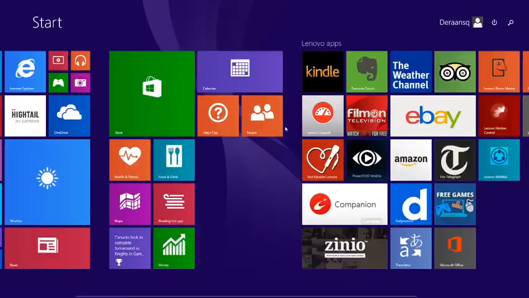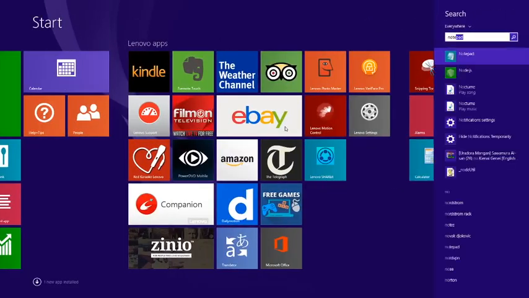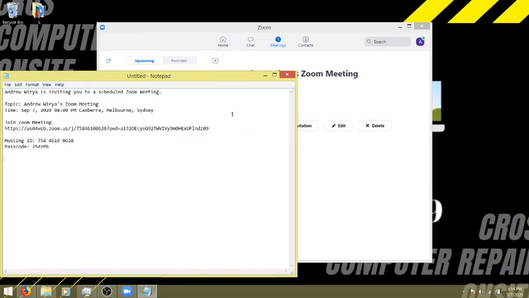Let's open the notepad and see. Here's all the details again. And you need these two, meeting ID and password, to make sure everything is working. When your friends receive the email, they will need to input these two items into the Zoom software to join the